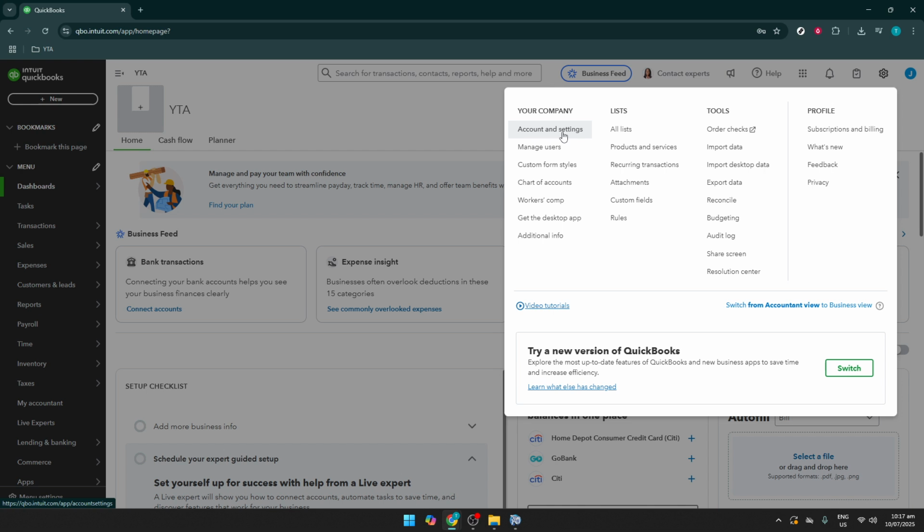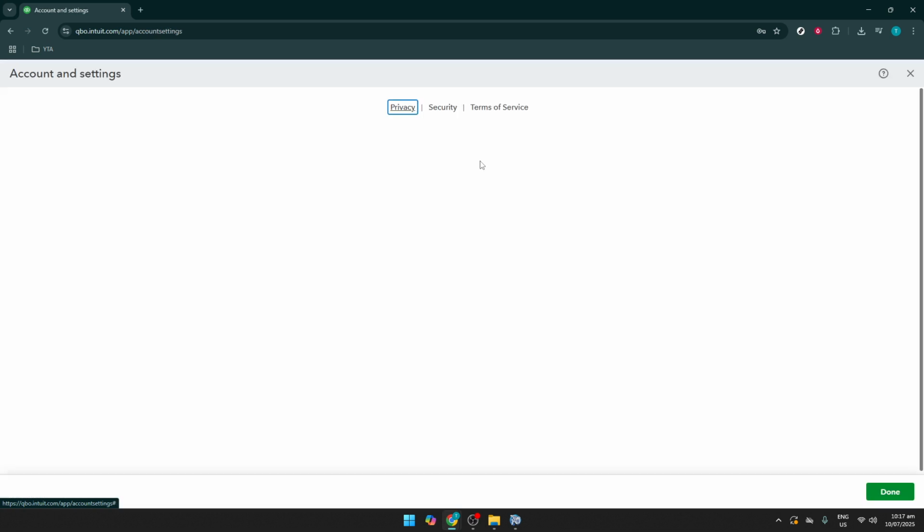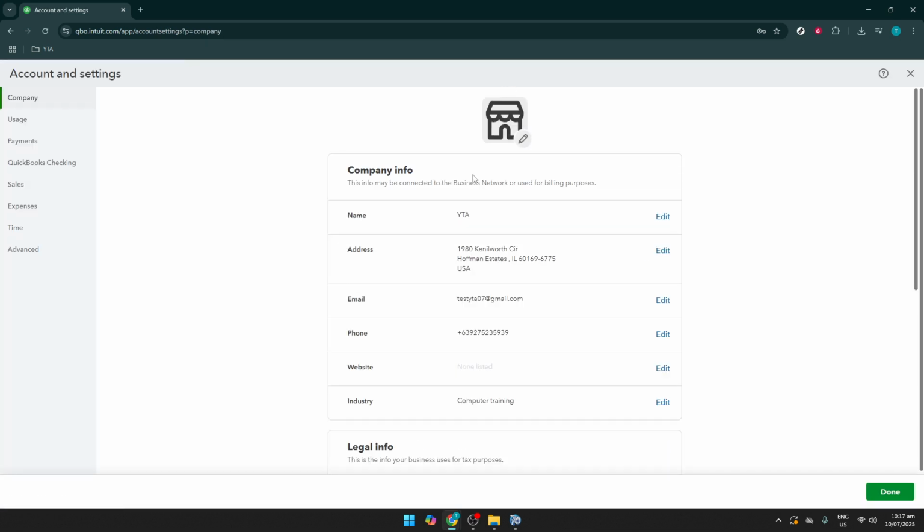In this list, you'll find an option called Account and Settings. Go ahead and click on that. This section houses all personal and company information configurations, such as contact information and company details. It's important to keep this information current to ensure that you're receiving all necessary communications from Intuit regarding your QuickBooks account. Upon clicking Account and Settings, you might need to wait a few seconds as the page loads, depending on